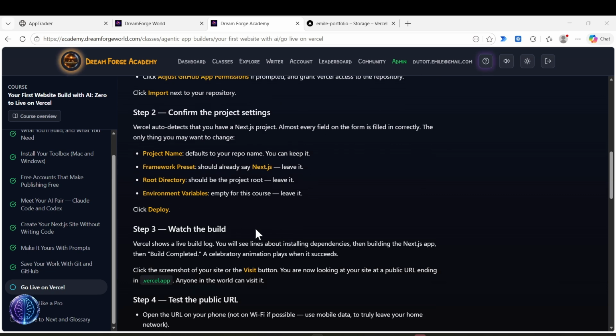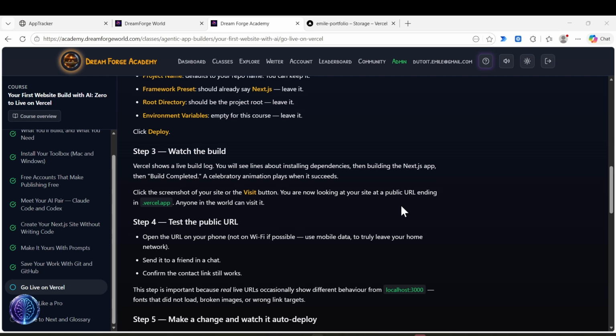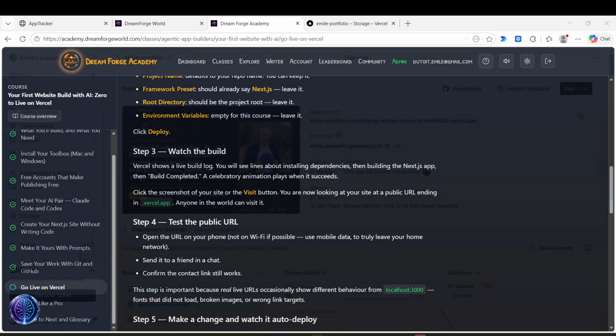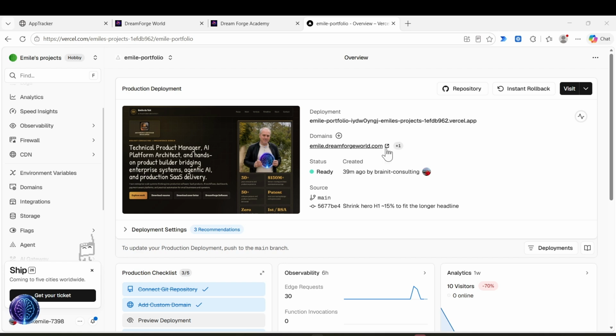You'll come back to Vercel and watch the build. And by default, it will do your application.vercel.app. And this is free, so you don't need the domain that I have, for example. You can even have more than one. So I've chosen to use the subdomain emil.dreamforgeschool.com, but here it says +1. So that means that you can also use the Vercel version, in this case, emil-portfolio-8.vercel.app. So that's the one they give you for free while you're developing and testing. And when you build something that you want to commercialize perhaps, or want to have your own domain, then go with the domain and the subdomain.